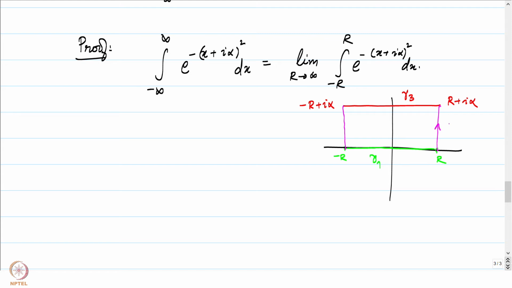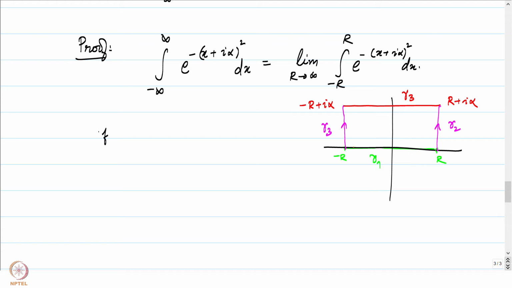And let's call this gamma 2 and let's call this gamma 3. So let's now convert our real integral, which is a Riemann integral of real valued functions. Of course, there is an i featuring in here, but by looking at the real part and the imaginary part separately, this is just a real analysis problem. But let's convert it into a complex analysis problem by introducing the following.